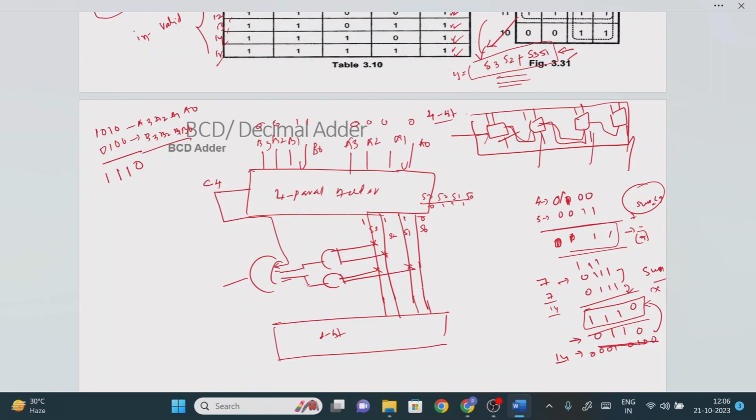So what is this number? 1110, right? Now what we have to do here is, we have some chip or whatever it may be. This will be activated. The moment it is activated, it is detecting that carry equals 0 and the sum is greater than 9, so it is adding the 0 1 1 0. It means this OR logic gate will be activated, right? Whenever it detects the sum is greater than 9, or less than 9 with carry generated, it is automatically activated.